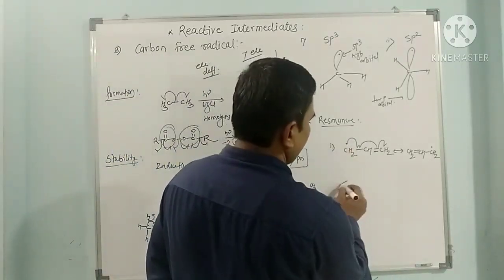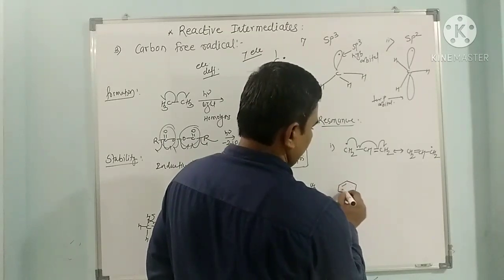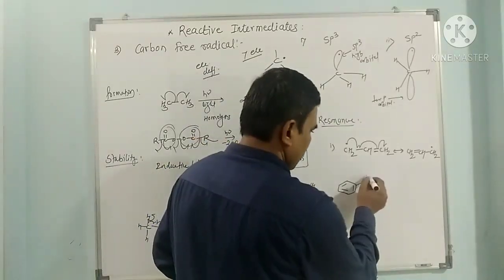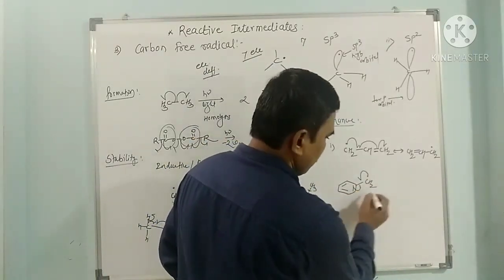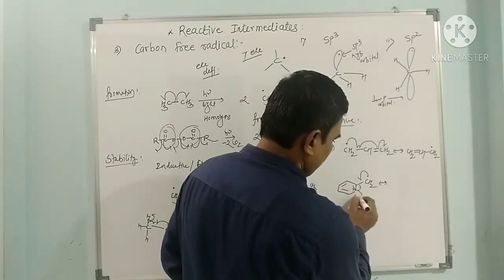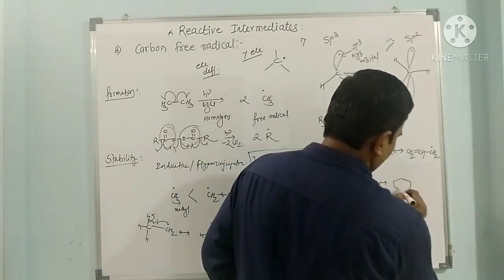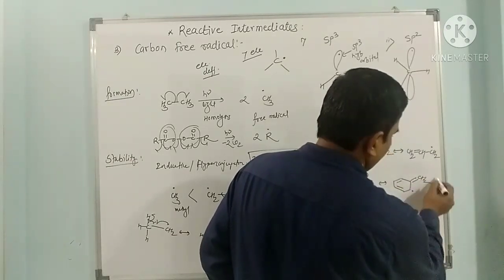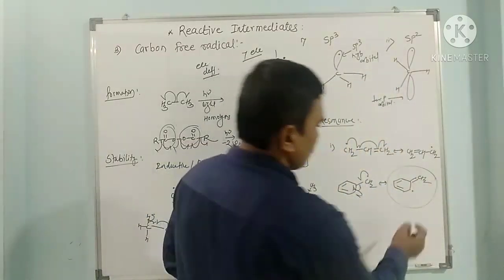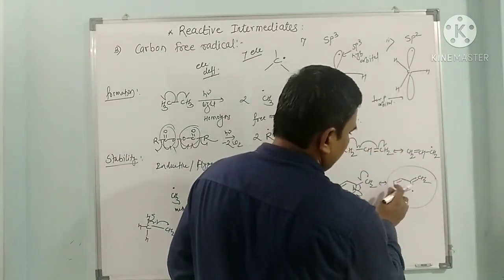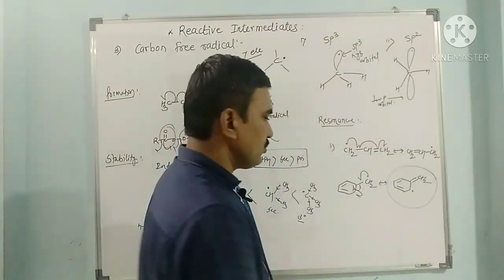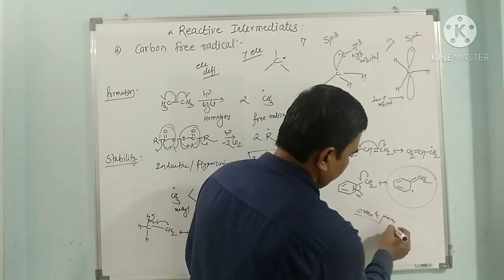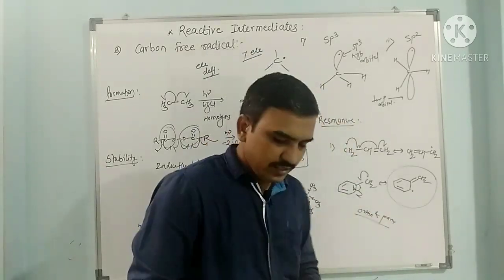Now again, we have the benzyl free radical. This electron makes a double bond, and the radical goes to ortho. So we get a double bond to CH2, and the radical can shift to the ortho position, then to the other ortho. So the free radical goes to the ortho carbons and the para carbon. In this way the distribution of the free radical increases.